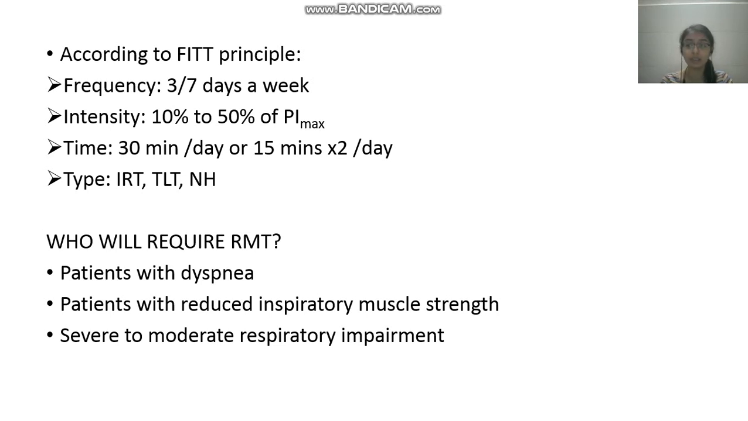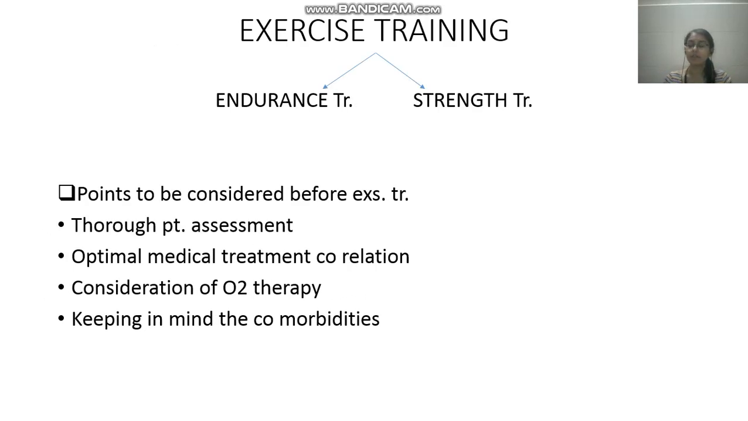Who will require respiratory muscle training? I guess after so much discussion about dyspnea, one answer, that is dyspnea, is what you all already know. The patients who have reduced inspiratory muscle strength, common sense, and then severe to moderate respiratory impairment. Now we'll jump to the third component, that is exercise training. Exercise training is usually undertaken as endurance training and strength training. Strength training here will